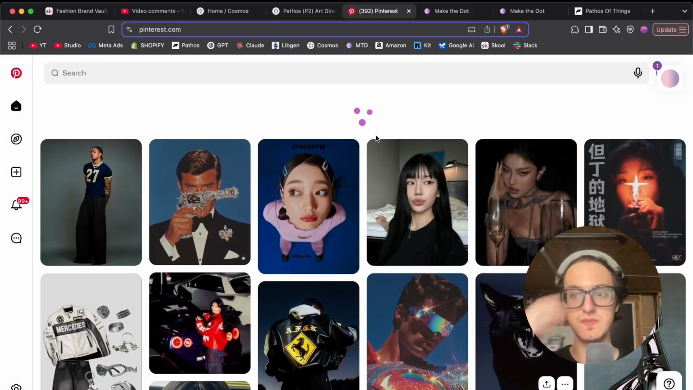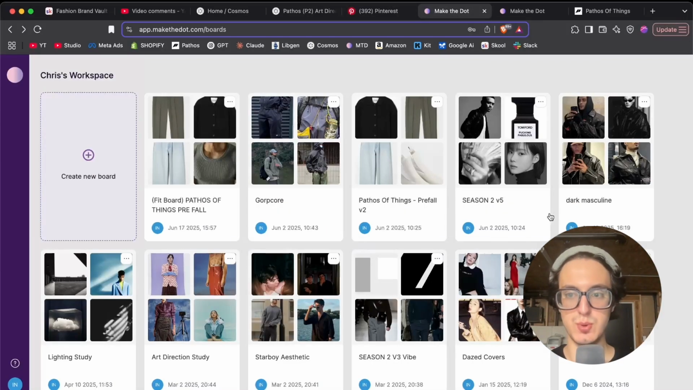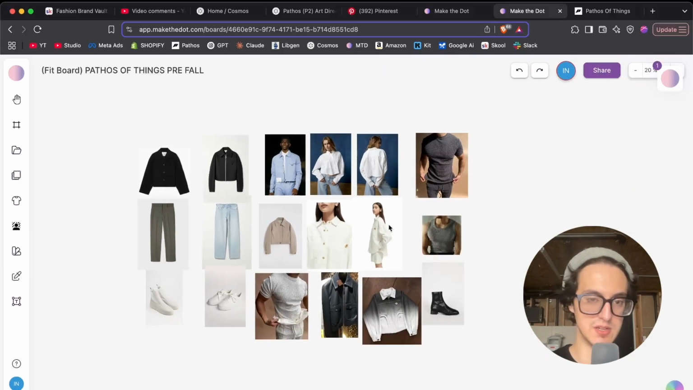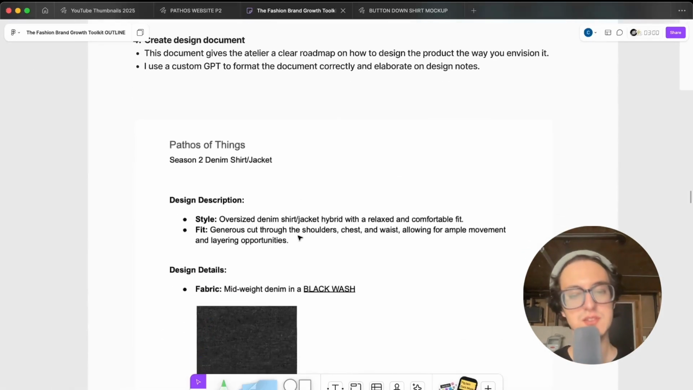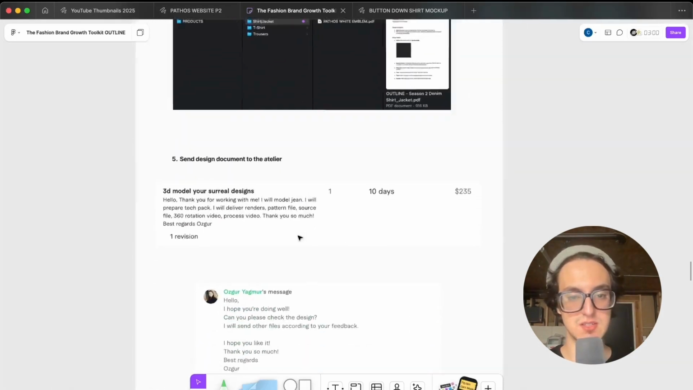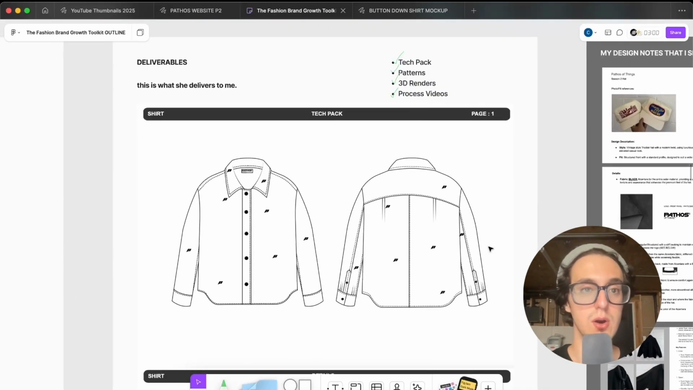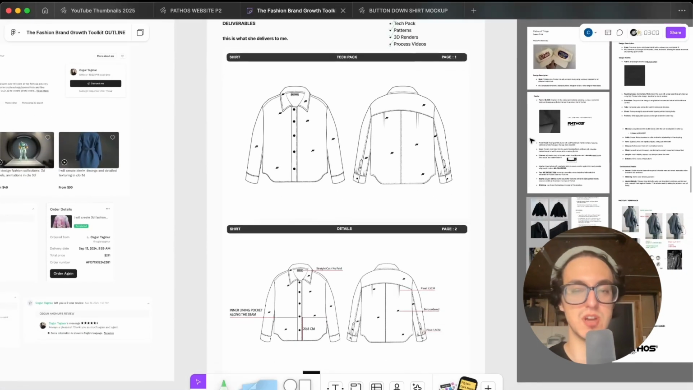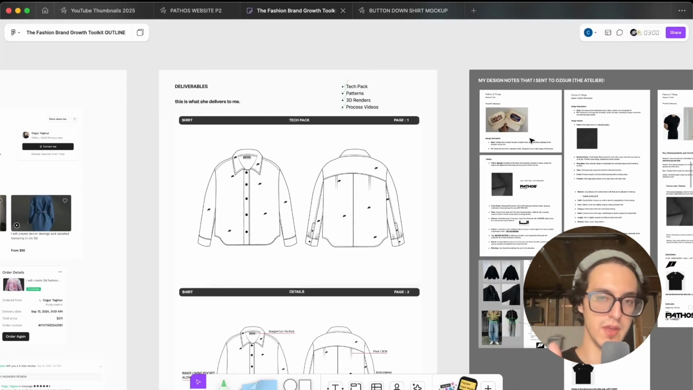So that's pretty much it for this video. Just to recap, I use Pinterest and Make the Dot to put together my fit boards. I will then pick a garment that inspires me, draw a sketch of that garment, and then I create a design spec. I send this design spec to an atelier that uses Clo. They design the garment in Clo and then send me a tech pack, patterns, 3D renders, and process videos, which I then send to my manufacturer. They will then create a sample. The sample is usually great the first time, and then I give them the green light and we put that